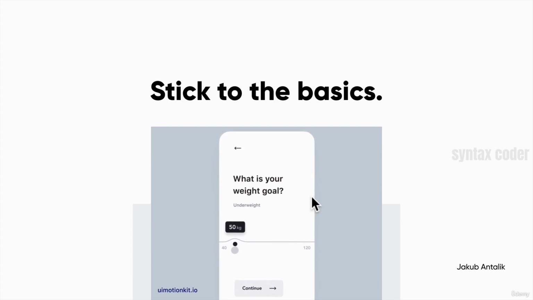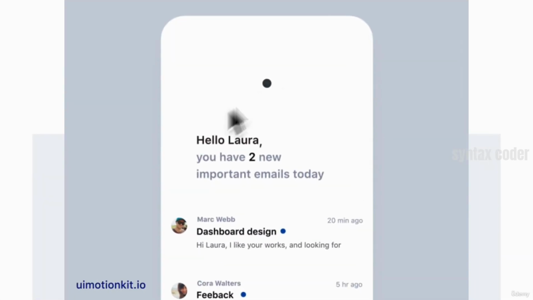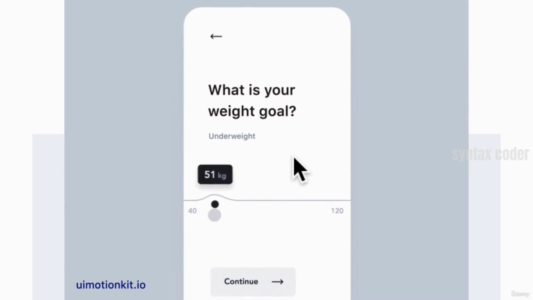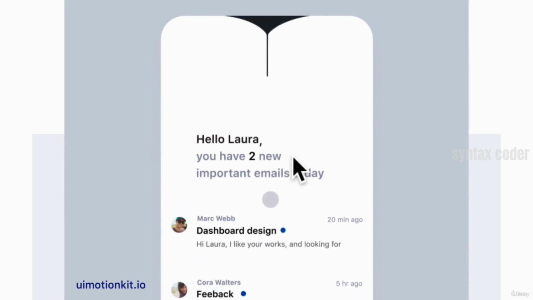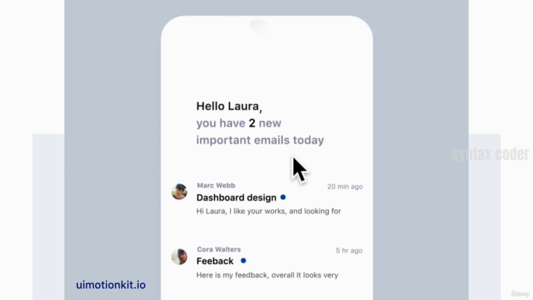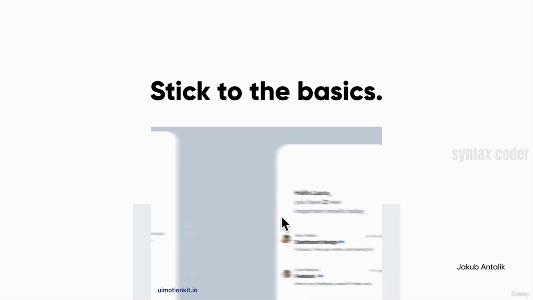You also want to just stick to the basics. You don't want to overcomplicate things by adding different types of crazy gestures. Over here, we have just pulls, taps, and sliding. Just the basic stuff is more than enough. It can be tempting to use a bunch of different available gestures, but the learning curve is way too high in most cases, and most people are only really familiar with the basic ones anyway. So stick to the basics when it comes to gestures,